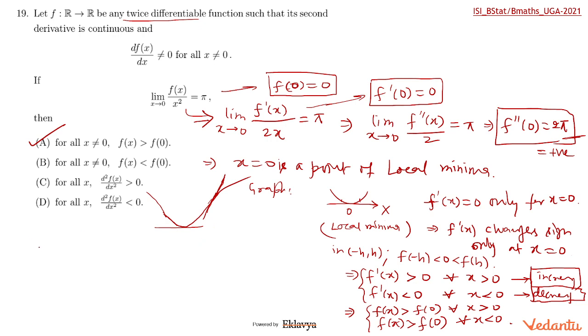जैसे यू कैन टेक एग्जाम्पल, आई हैव टेकन एन एग्जाम्पल एफ एक्स इज पाई टाइम्स 1 माइनस 1 बाई 1 प्लस एक्स स्क्वायर. ये एग्जाम्पल लेते हैं. तो यहाँ पे यू विल सी कि दैट इज पाई एक्स स्क्वायर अपॉन 1 प्लस एक्स स्क्वायर. इसमें यू विल चेक कि जो एफ डैश एक्स आता है, सो एफ एक्स इज ऑलवेज पॉजिटिव फॉर ऑल एक्स नॉट इक्वल टू 0, एंड एफ डबल डैश एक्स जो आता है यहाँ पे,